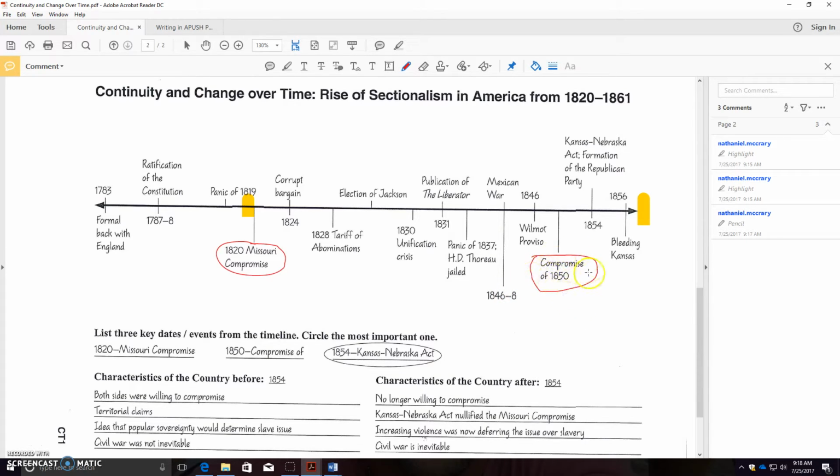Now, we can talk about the merits of that later because the Fugitive Slave Law backfired on the South, but still in 1850 we are able to compromise, and so we are not yet on the brink of war. After all these different things, we are still able to compromise, and that is very important. Our last event that I find significant, Bleeding Kansas, is a result of this, but the Kansas-Nebraska Act